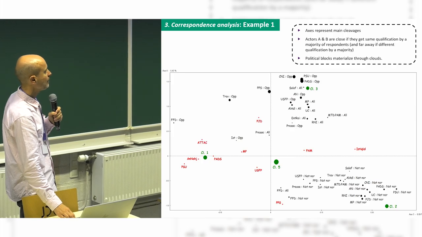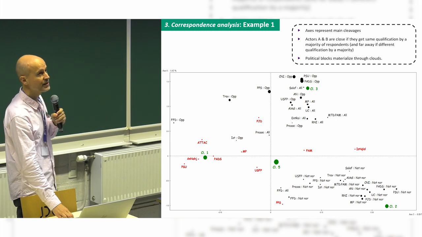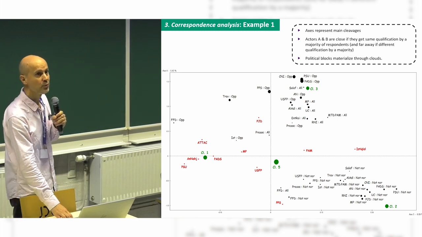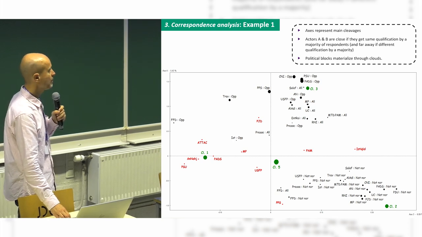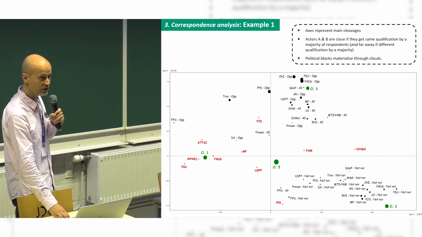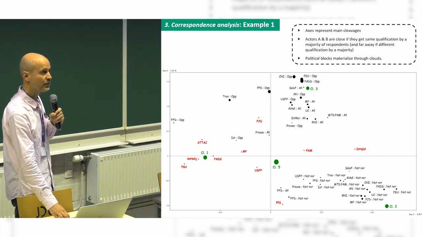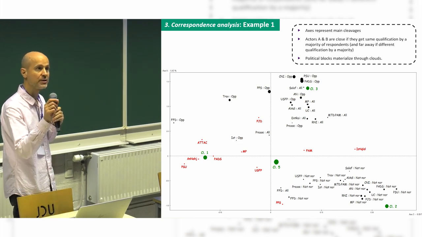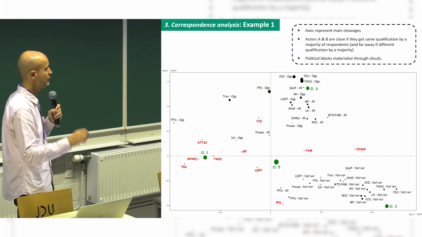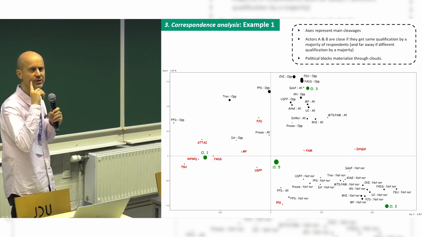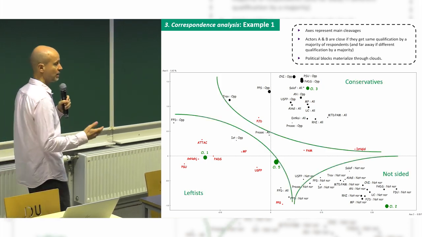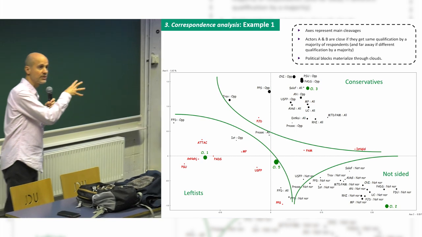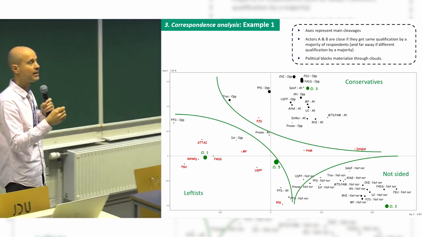All right, and that looks like this. So you have this concept of distance that tells you that the further apart 2 points, the less people tend to consider those 2 parties the same way. So both allies or both opponent or both none of the 2 or both, what was that, no answer or something like that. And then we can distinguish clouds and we can apply cluster analysis.